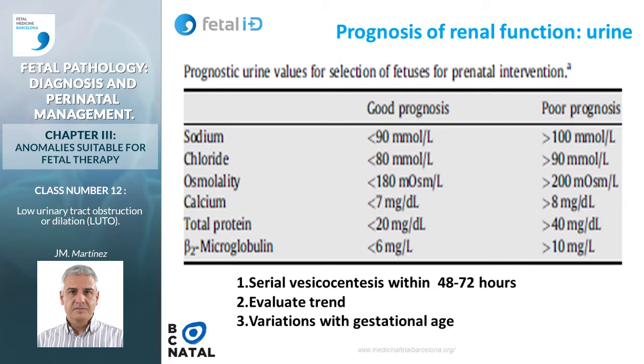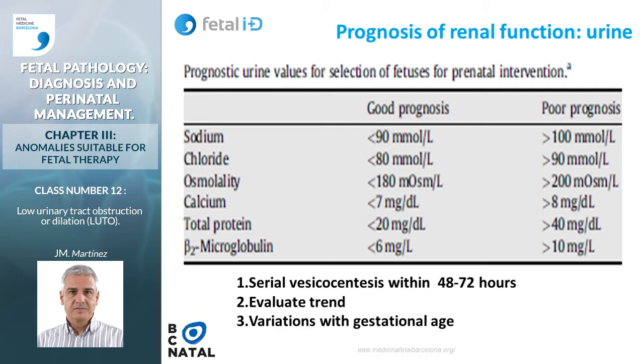Regarding the analysis of urine done through vesicocentesis, a sodium or chloride below this value will be of good prognosis, but these values are useful in fetuses of more than 20-22 weeks. The urine in fetuses of 16 weeks is hypertonic, and therefore it is normal to have sodium of more than 100 or a chloride of 90, and increased osmolarity, so it won't be useful to assess renal function in early